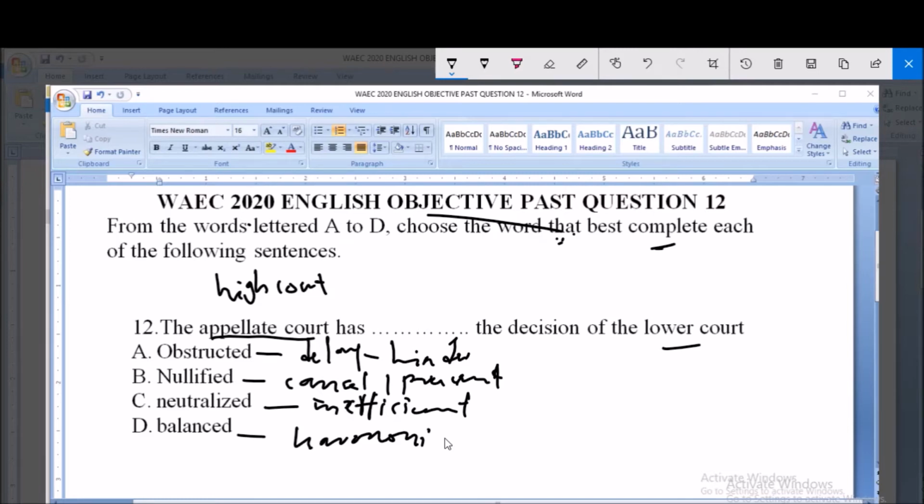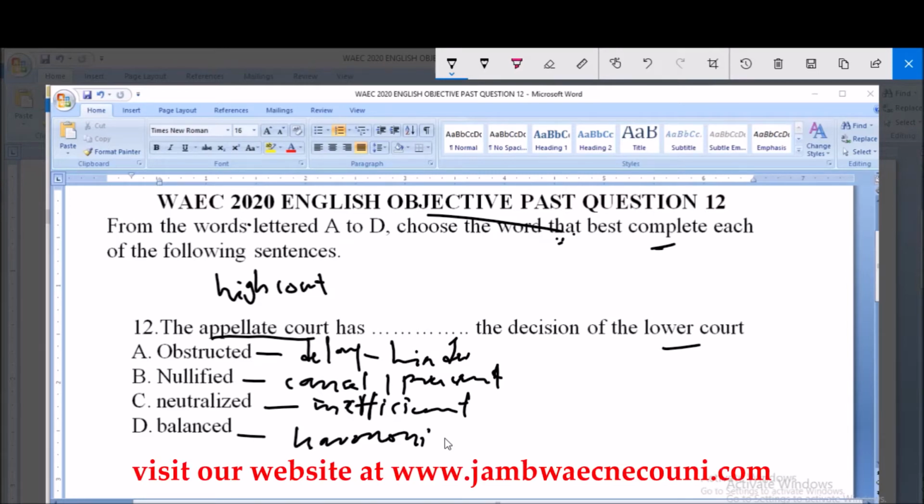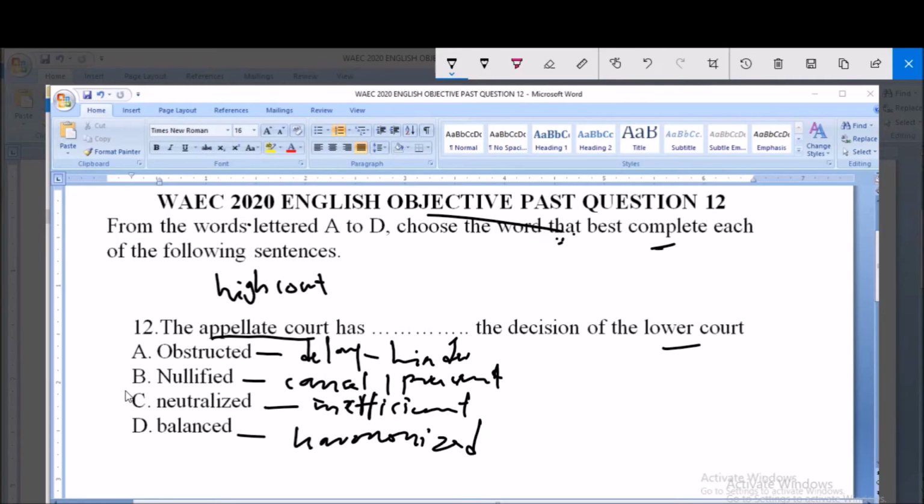So, what normally takes place between a higher court and a lower court is that the only thing that can happen is that the higher court will nullify the decision of the lower court, because it said decision. It means that the verdict has already been taken by the lower court. The lower court has taken judgment already. So when the accused person was dissatisfied about the decision of the lower court, they moved to the higher court. So it happens in court proceedings.